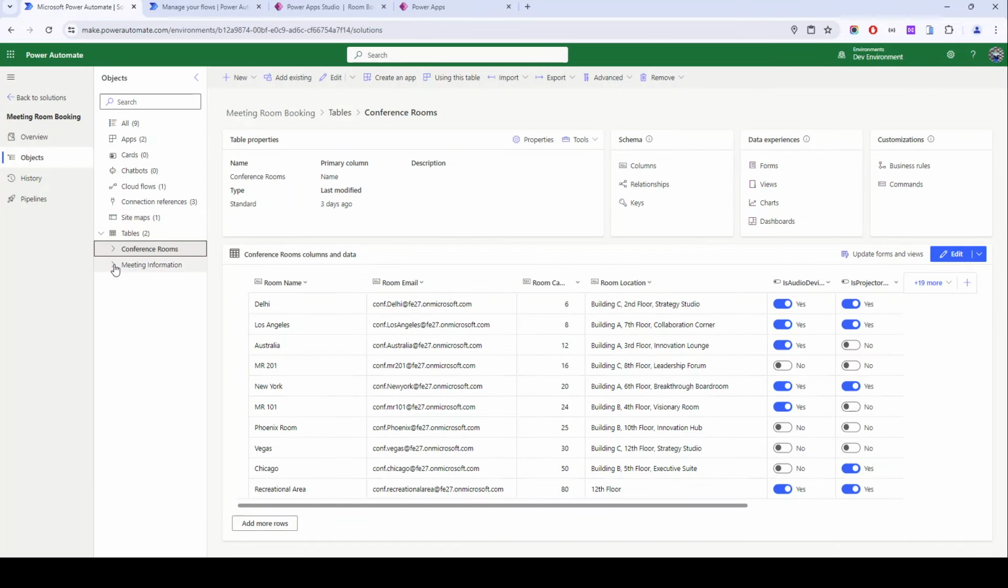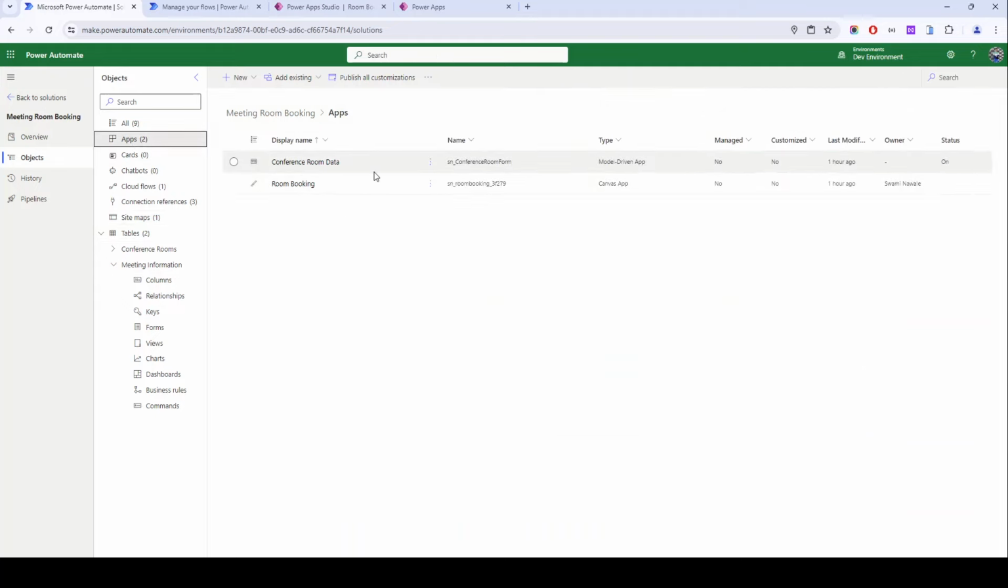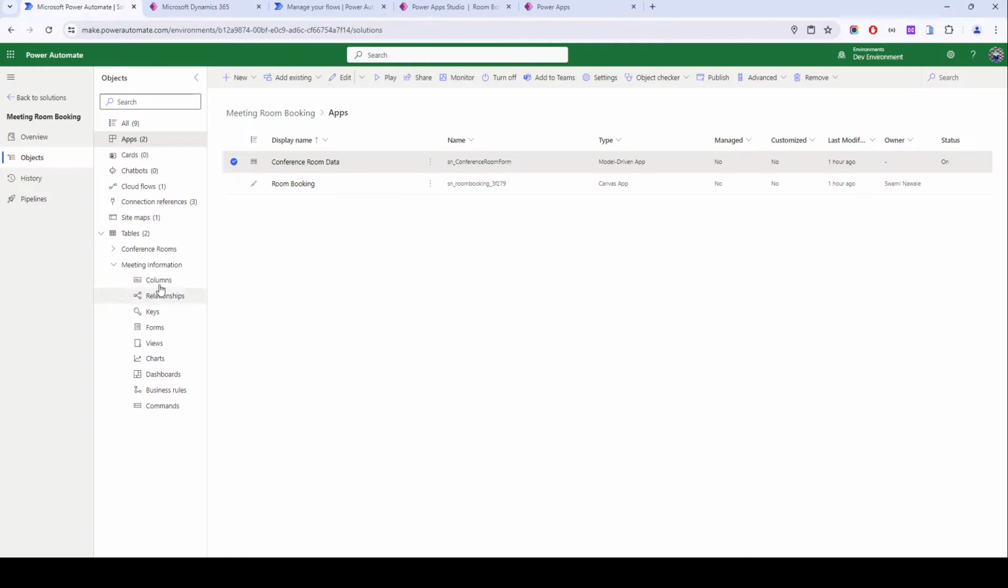Then I will go to our apps, and here is the conference room data. This is the model driven app. So what this app does is, this is connected to the conference room. So I will open this application. So let's say I will play this. This is the very simple MDA I have created,